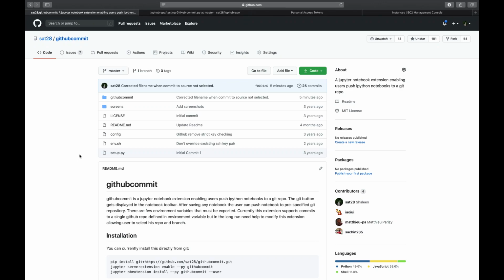Yep, hello everyone to this demonstration of GitHub commit extension. Basically, the idea behind this extension is connecting Jupyter notebooks with GitHub as a versioning system. Because I found that dealing with versioning systems for data scientists and data engineers has been a long pending task. So I just made this small extension that enables committing your Jupyter notebooks to a version control system like Git with a click of a button.